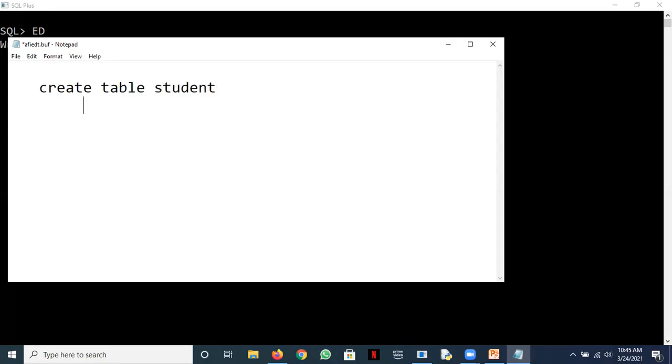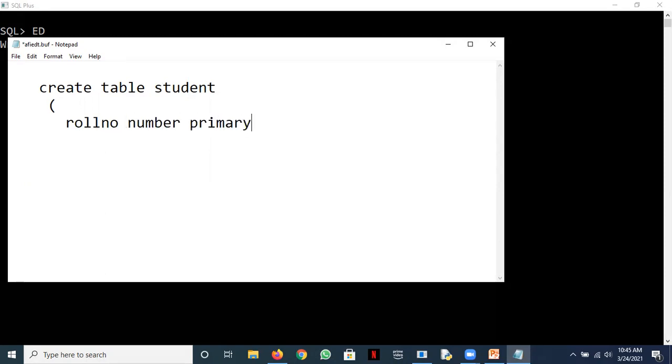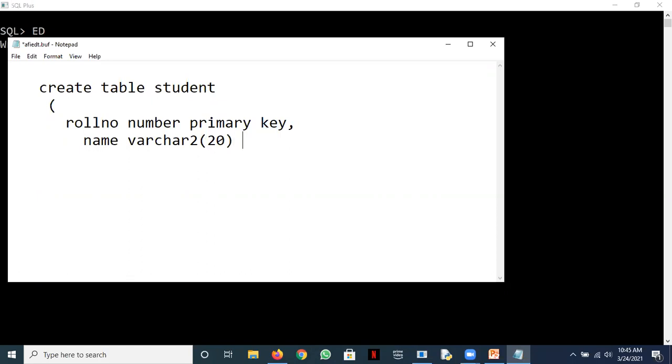Whenever you're creating a table, you should be using different lines so that you can read your errors. We can pick up a roll number. I'll pick up the constraints as well. So roll number, say number, and then say primary key. So I'm specifying a column and I'm specifying it should be a primary key. Then name, I can use varchar 20. And I can use a constraint, say not null.